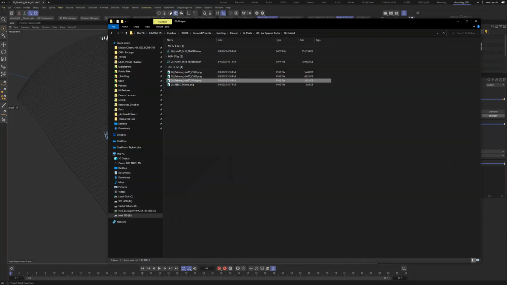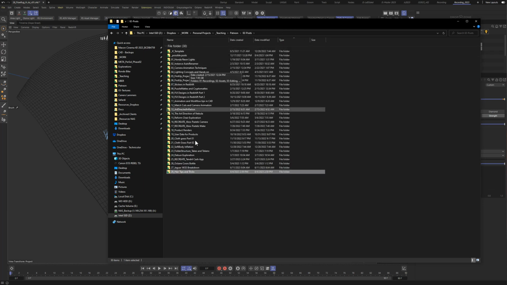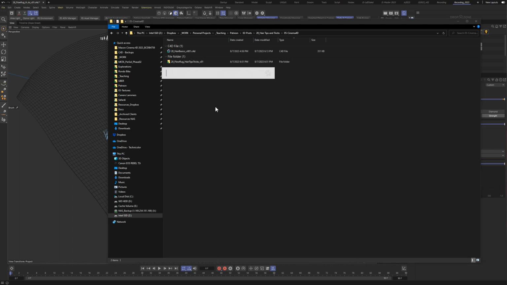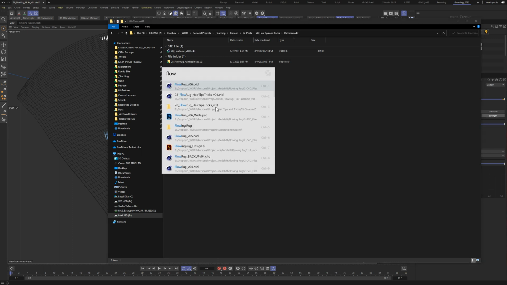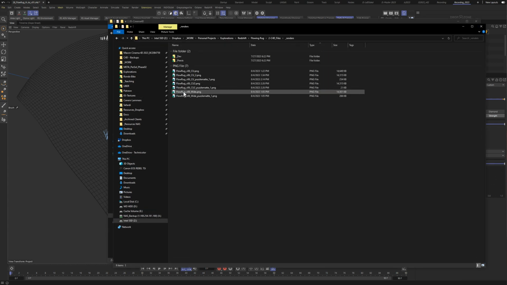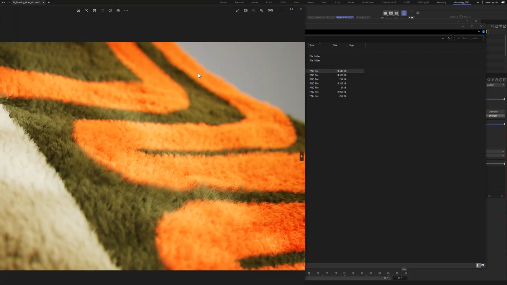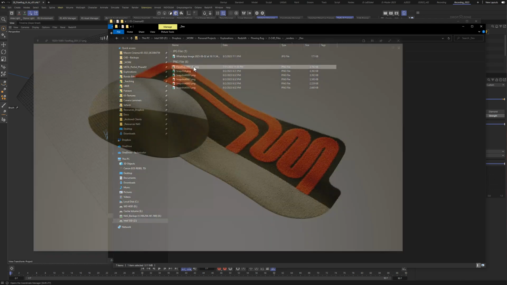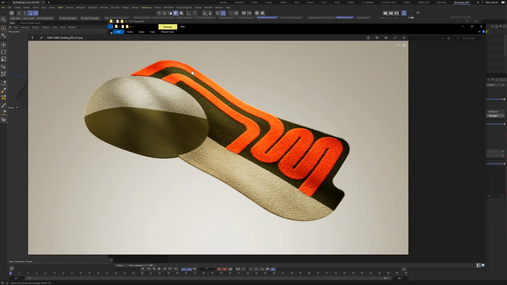Oh, and actually I think I have some renders. Let me double check here. Let me go to flowing rug, because I have it in a different place. Oh yeah, I can show you here, not this one, but the dev. Yeah, so I did save some of my